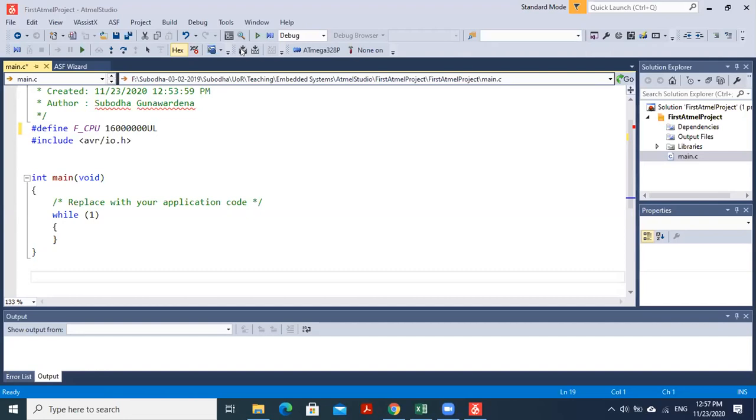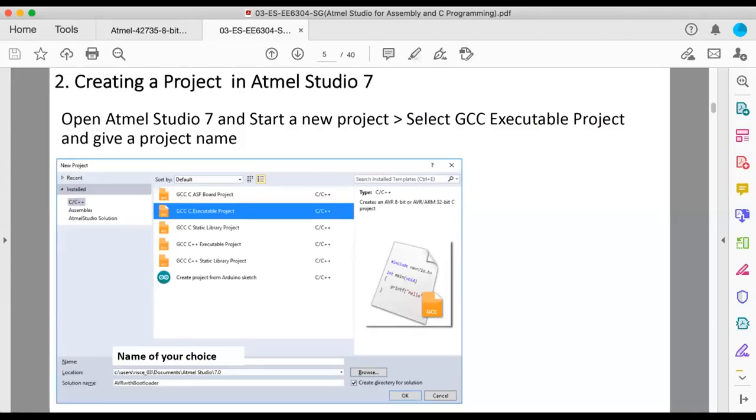Input, output, and data direction. Input port, output port, and the data direction port. So if we are to blink the LED, we have to set the data direction of the port which is attached to the LED as output.